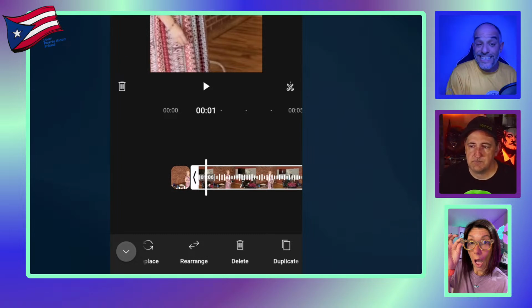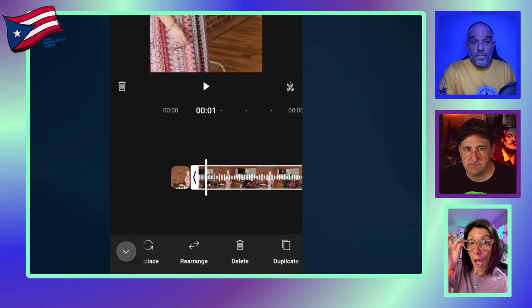Because here's the truth. This app is free. And so how super cool is that? So you got to think about that, because you're going to add music, you're going to add sounds, you're going to add voiceovers. All of it's going to show up in your footage in the timeline. I showed you one thing that didn't have any voice, right? Didn't have any music, didn't have any sound. But once I do a voiceover, guess what? Now it has sound. Now I can go from there and add more to it.